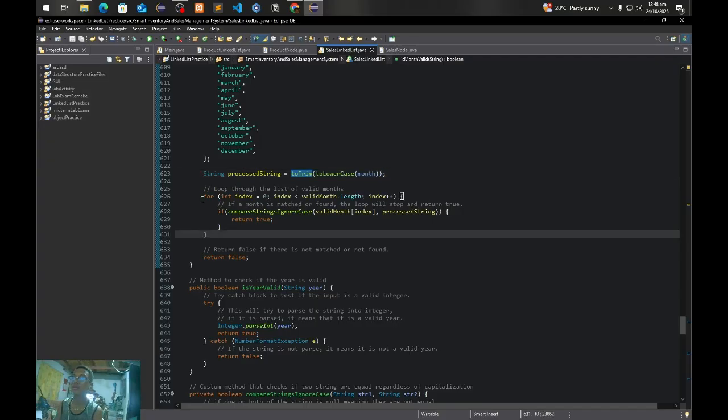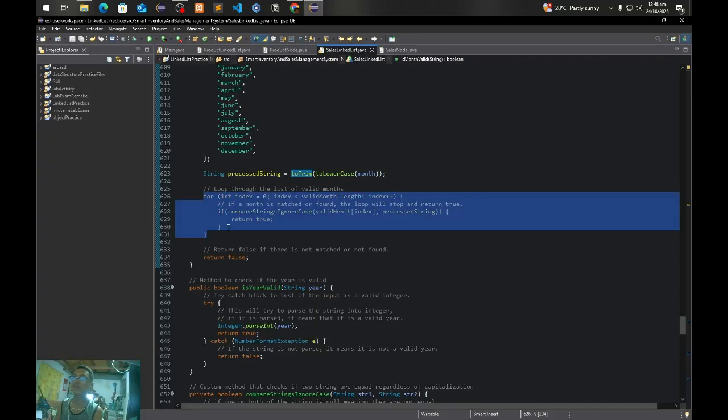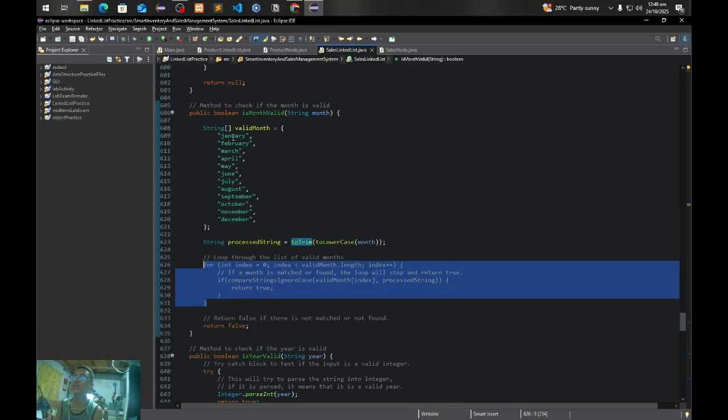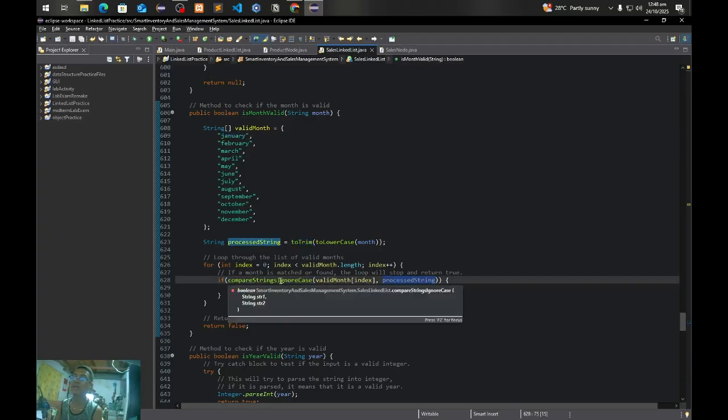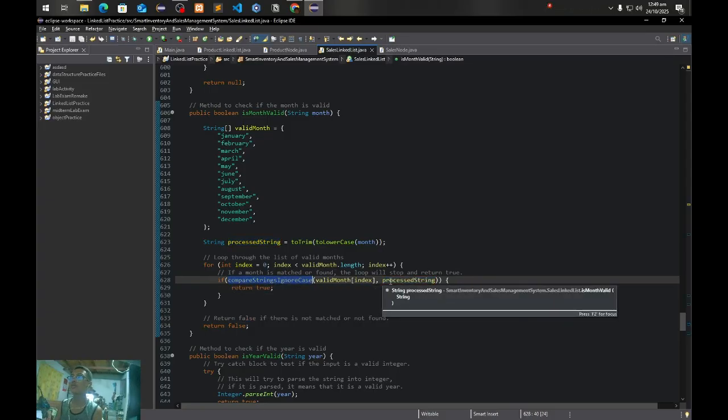So the next part of this method is the for loop. This for loop loops through each value of the valid month array. Inside this for loop, there is an if block that checks if the valid month index, or the current value inside the valid month array, is equal to the process string, using this custom-made compare string ignore case method that accepts two strings which are going to be compared. This method returns a boolean value which may be true or false. So if this method returns true,